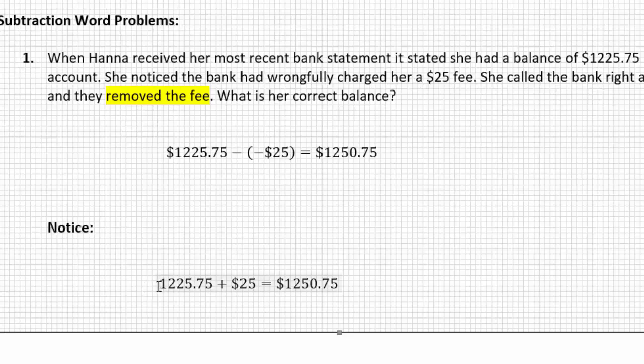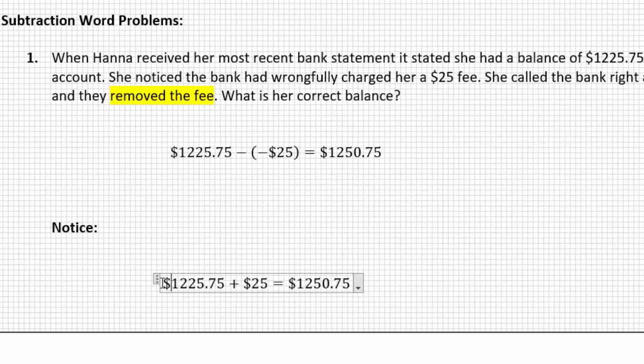One thing I want you to notice is that we could have written the problem this way. Starting with a balance of $1,225.75, which is what her statement said when she first got it, and when they removed the fee, they added back $25 to her account, right? That's another way to think about the problem. And that also would have equaled